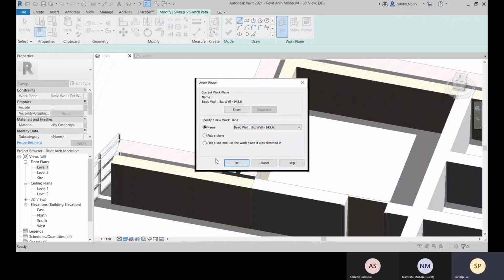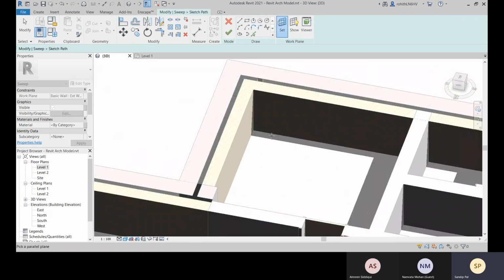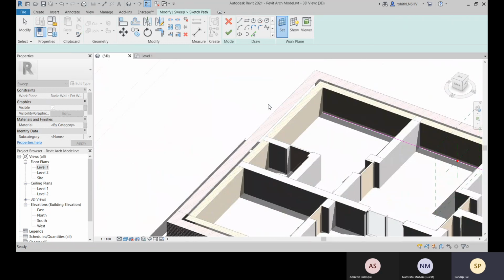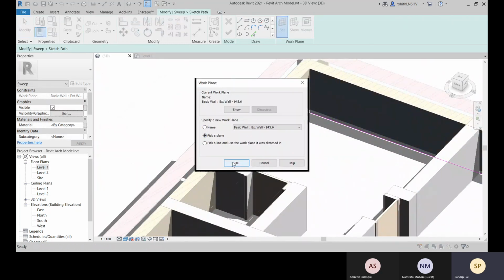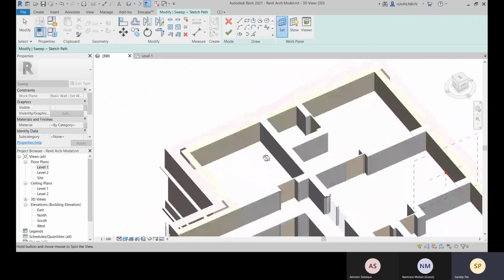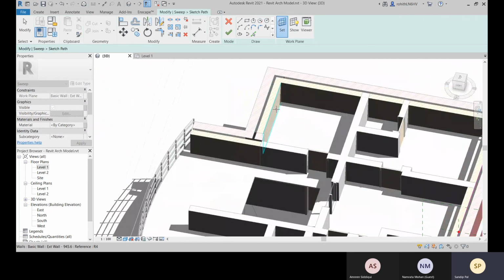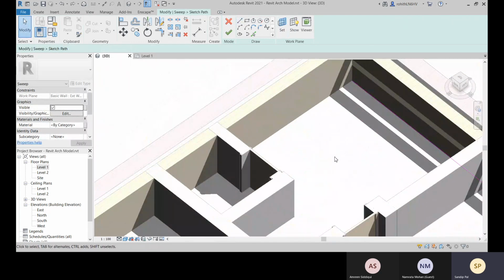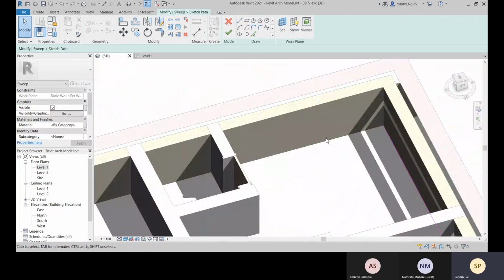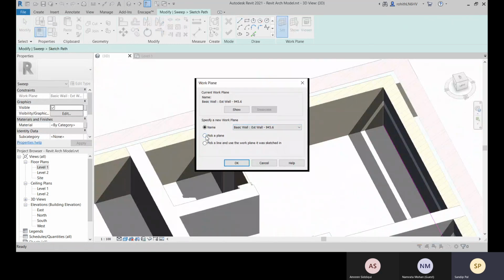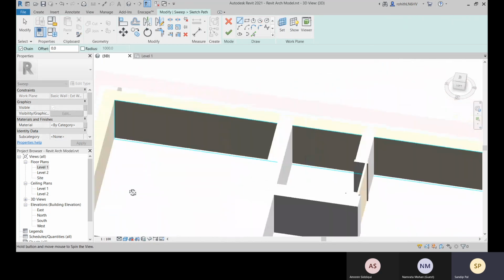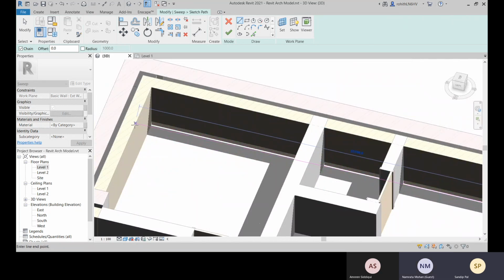Okay, again set. Pick the plane. You can directly pick line.